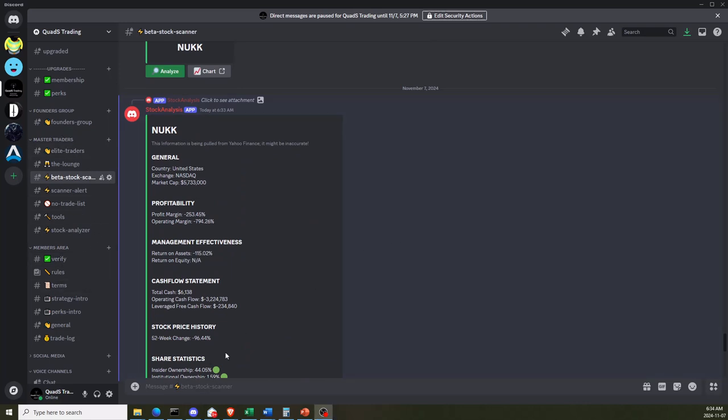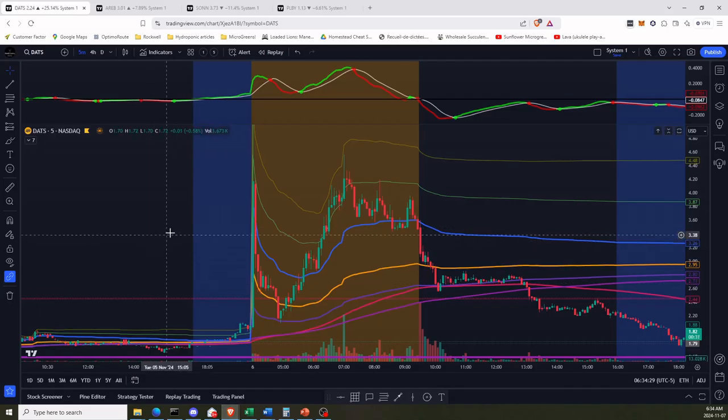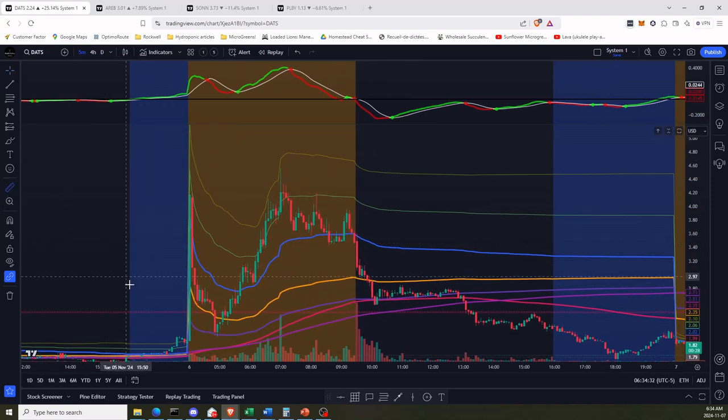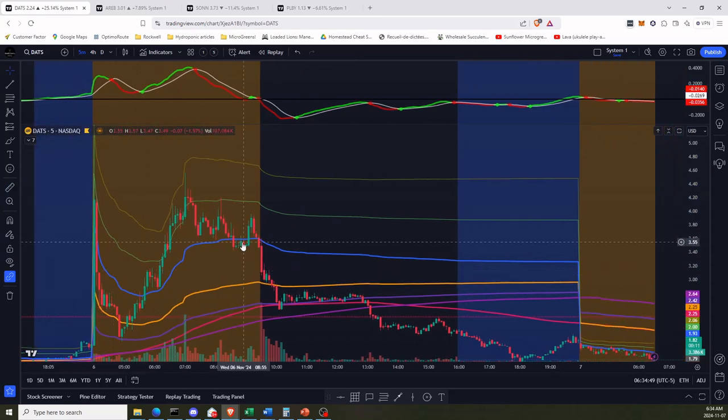All right, so let's just pull some charts here. This one we traded yesterday, on the 6th of November, the day of the election. So essentially, it pumped all the way up here, it pumped pretty high up here, but let's just go with this one here. 127%. And then I shorted it in this area here, and you cover at the purple line, which is right here. So for this trade here,